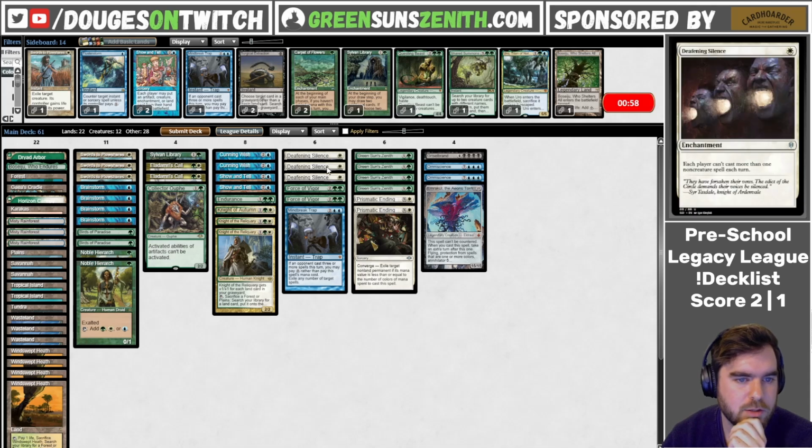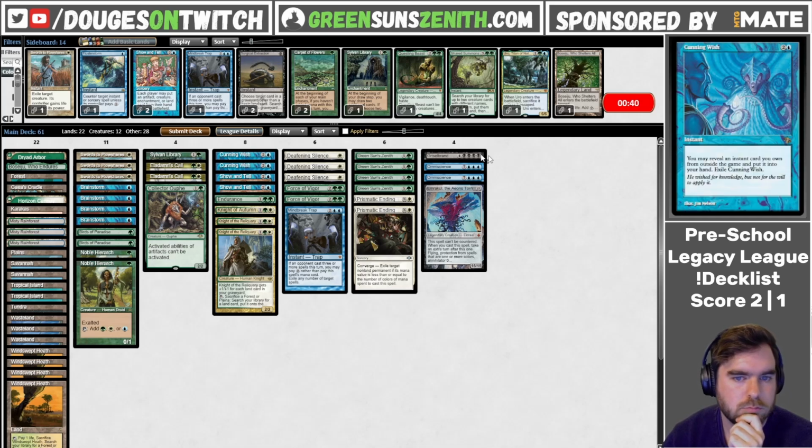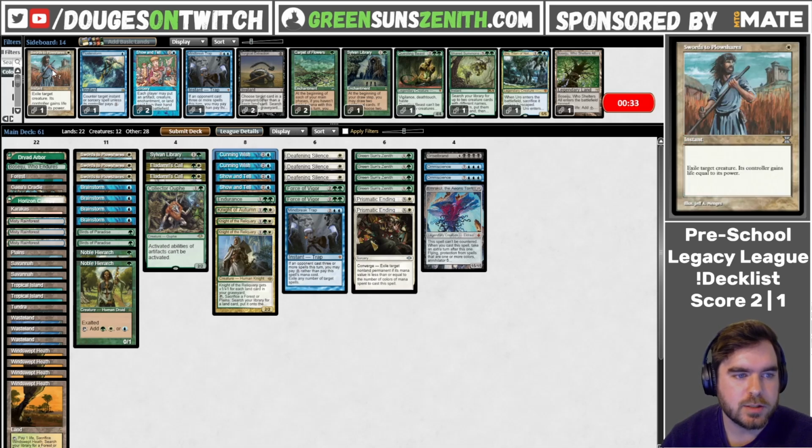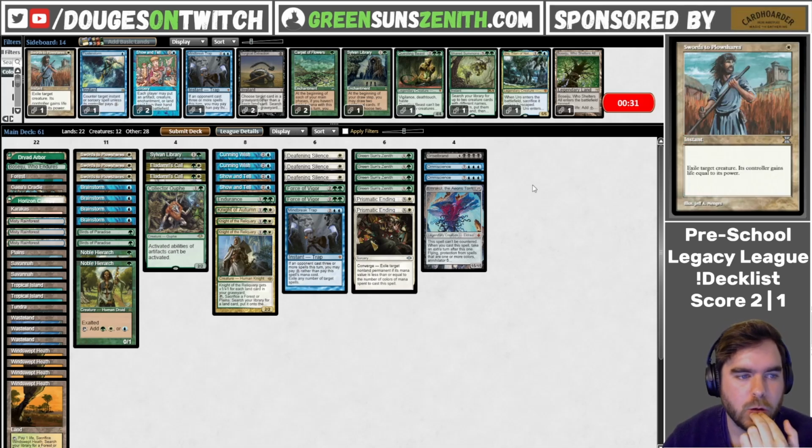There's a world where Deafening Silence isn't as great on the draw. But there are turns where they play like land go, especially post-board where they have a bit more interaction in the deck. This is a tough one because it's really trying to find the balance between Cunning Wish, allowing you to have flexibility in the board through things like Swords to Plowshares, and just needing to have them on turn one. And I think that maybe it is just a world where we have to have it on turn one, but...